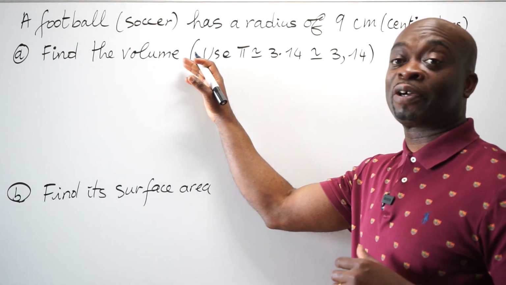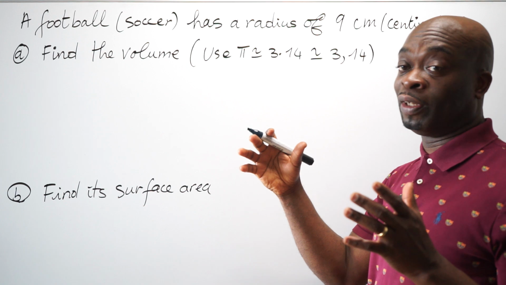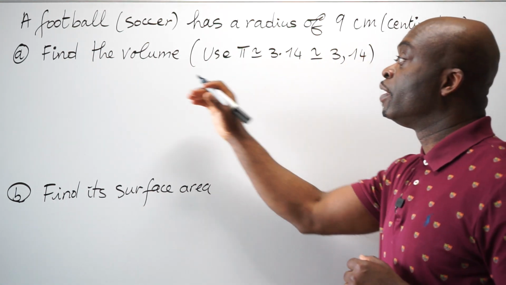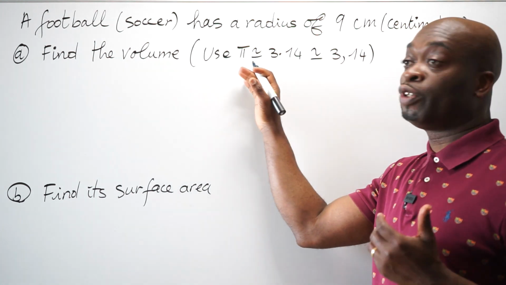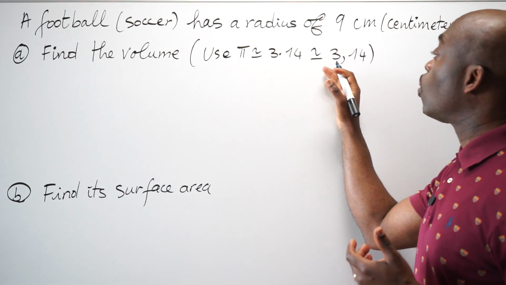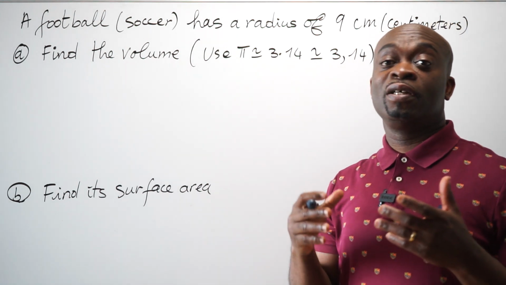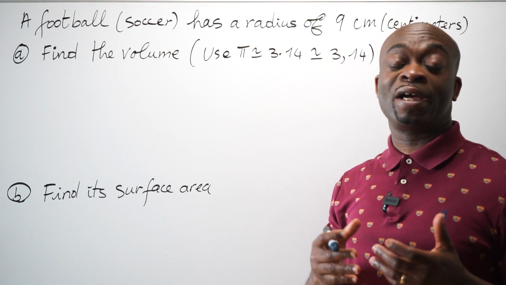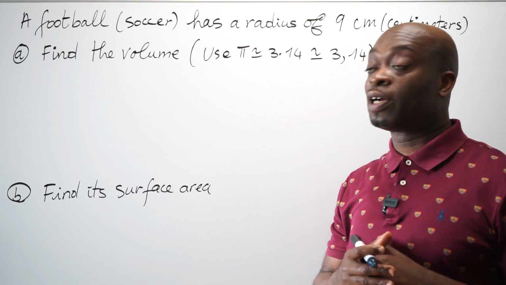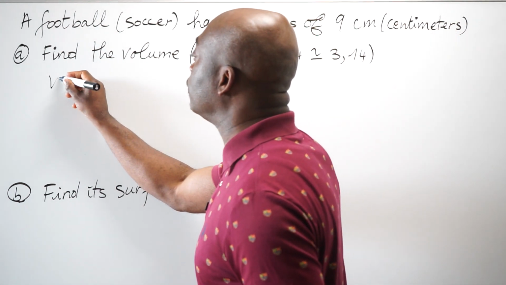A football, soccer in the United States of America, so we're talking about the ball itself, has a radius of 9 centimeters. Find the volume using pi, which is approximately equal to 3.14, or 3,14 if you're living in countries like Germany, France, Togo, Nigeria, Ghana, Kenya, Congo, and many more countries, right? So the volume is equal to what? So the volume, V,